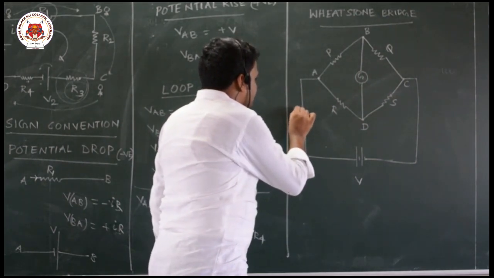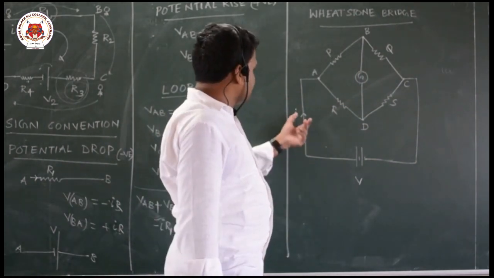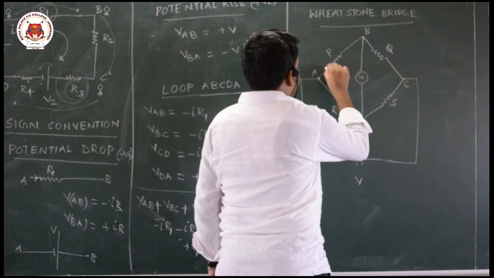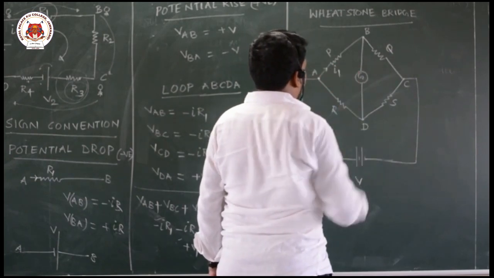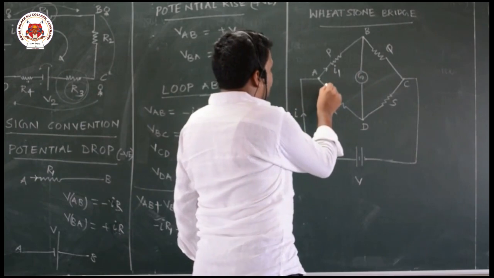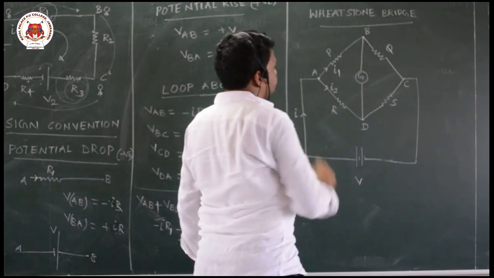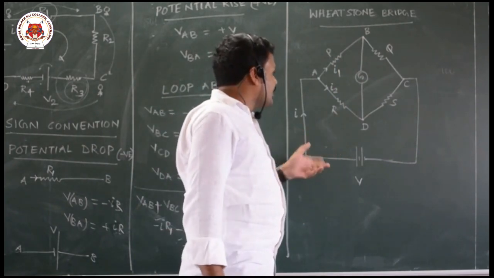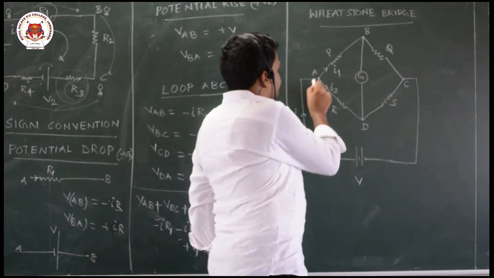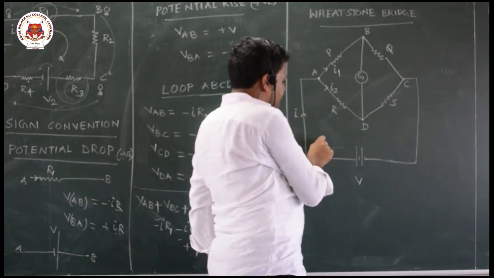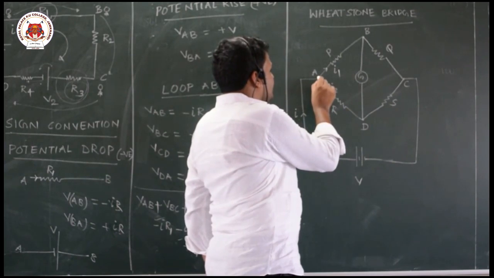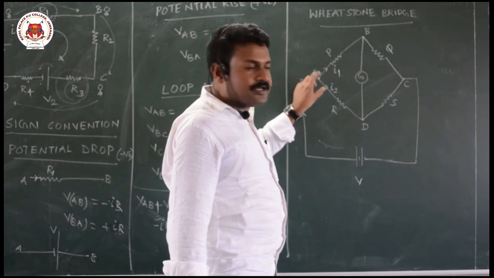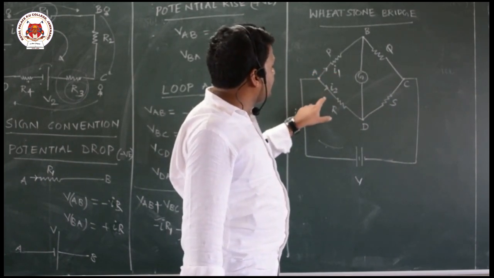Now see here, let us take current I coming out from the battery. This current will reach the junction here. After reaching the junction, it will divide as I1 and I2. Current I is entering, I1 and I2 are leaving. See here how we are going to distribute the currents. Here you have to apply Kirchhoff's current law. Two branches are there, I1 and I2 are leaving.